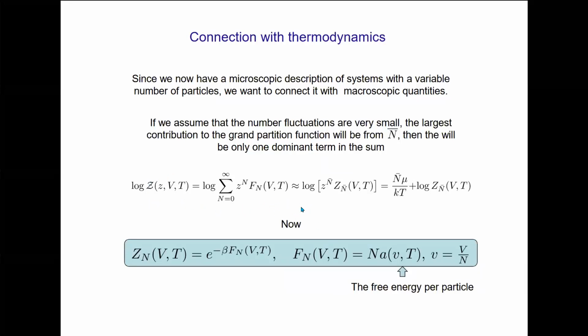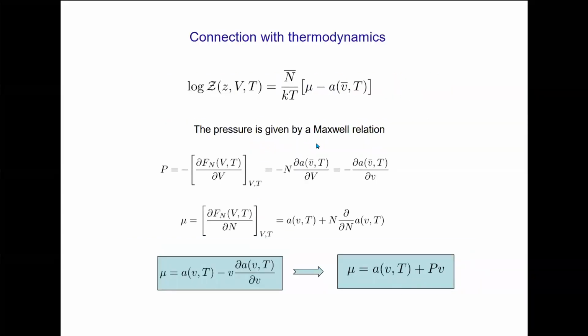We showed the fluctuations are small, so this should be the dominant contribution, but we still don't have any connection with thermodynamics, and this is all statistical description. Now, in thermodynamics, we know that if you have the free energy of the system, and you differentiate it with respect to the volume,